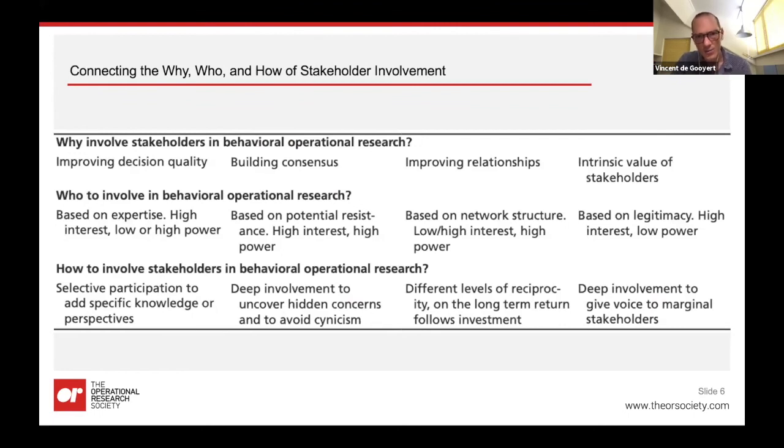And again, how you involve them is related to who to involve and why to involve. So if your goal is to build consensus, yeah, that's probably going to need more than just standing in the shoes of stakeholders. Then you probably need to deeply involve the stakeholders from begin to end to avoid cynicism, to avoid them having the perception that they are only involved symbolically. And I refer to the chapter to see the connection between the other types of how to involve stakeholders, who to involve, and why to involve